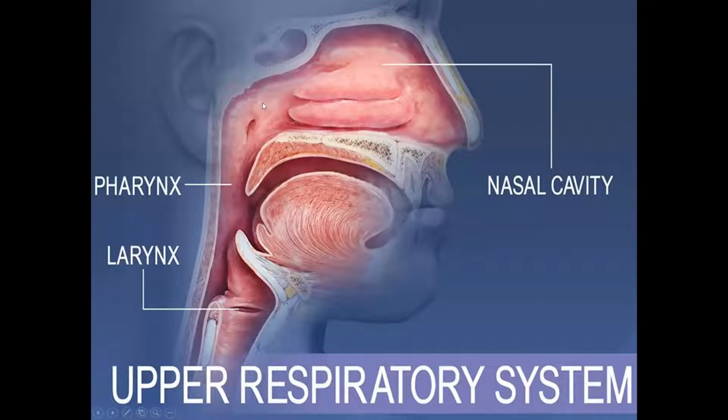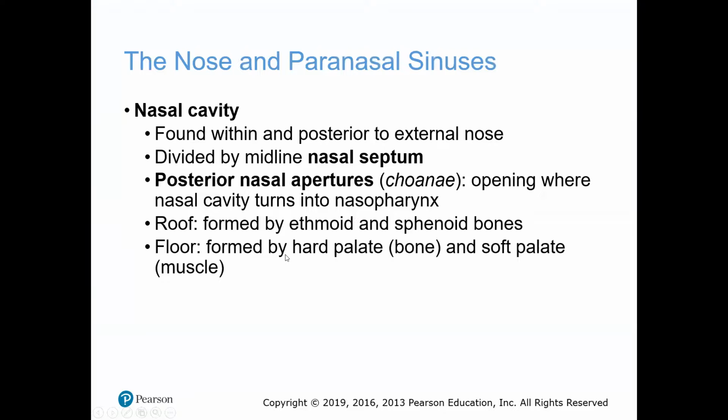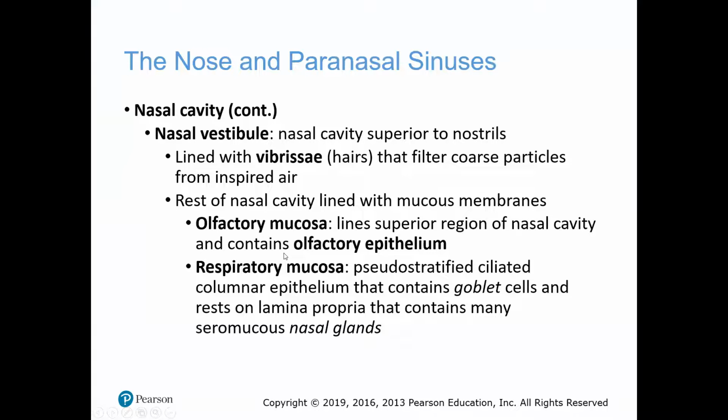And then of course the nasopharynx is continuous with the oropharynx. Let's see, now let's go on here. We have hairs lining the nasal cavity at the nostrils. There's a reason for that, to filter out large particles in the air. At the top of the nasal cavity, we have the olfactory epithelial cells, and they're designed to be stimulated by